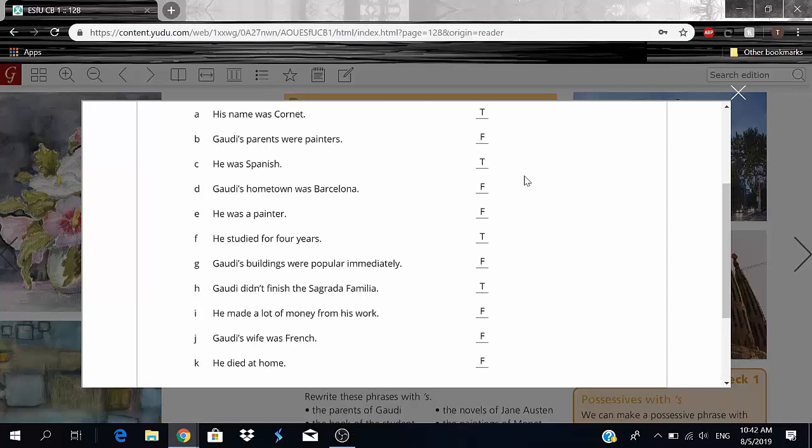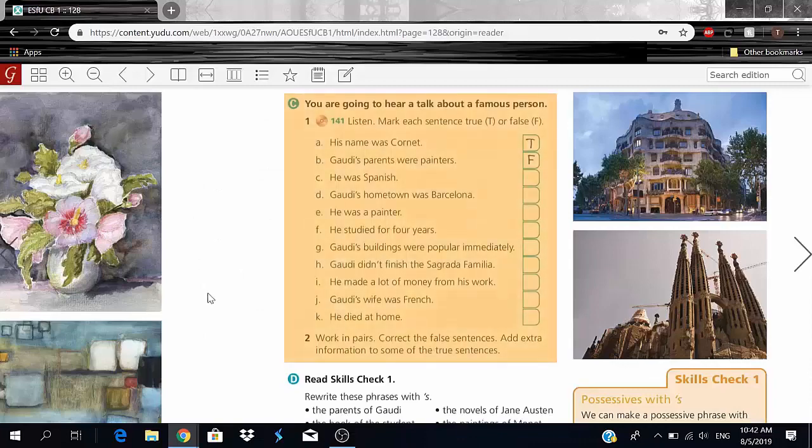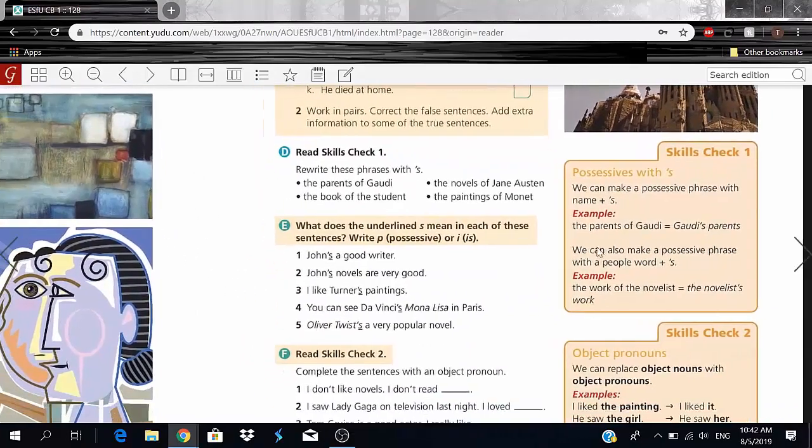Alright, I hope you're able to find the missing information here. Now let's move on. Here we have skills check 1,